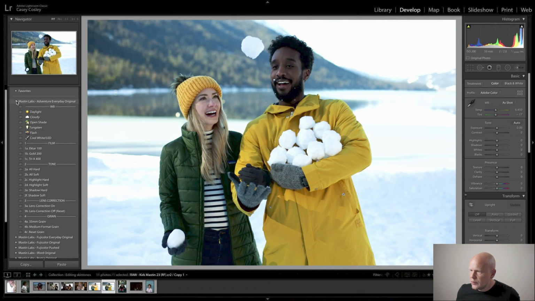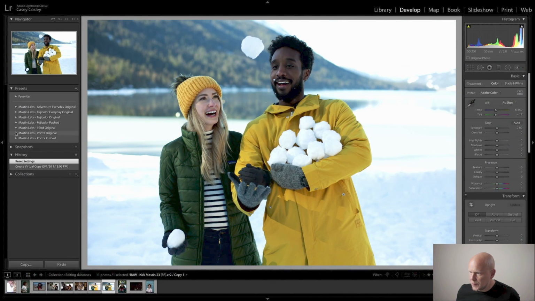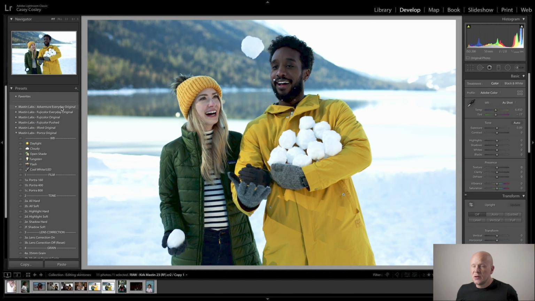Okay, now I'm going to go to Portrait Original. And I'm not saying Portrait Original is bad by any means. It's one of my favorite packs that we make. It's really, really great. However, it is not the best on darker skin. So if I do, say, Portrait 400,